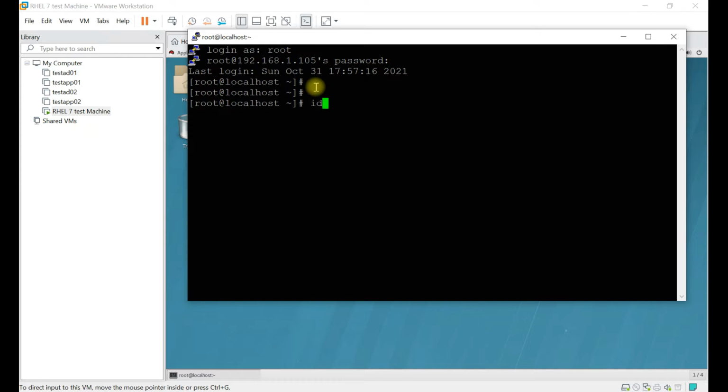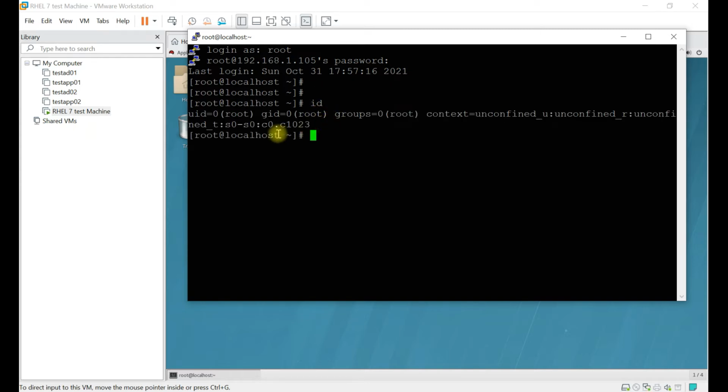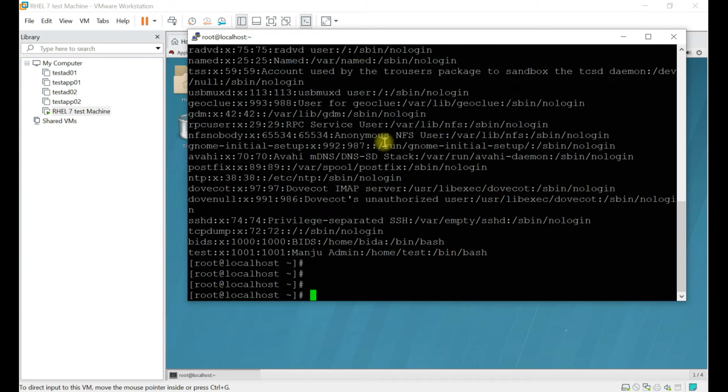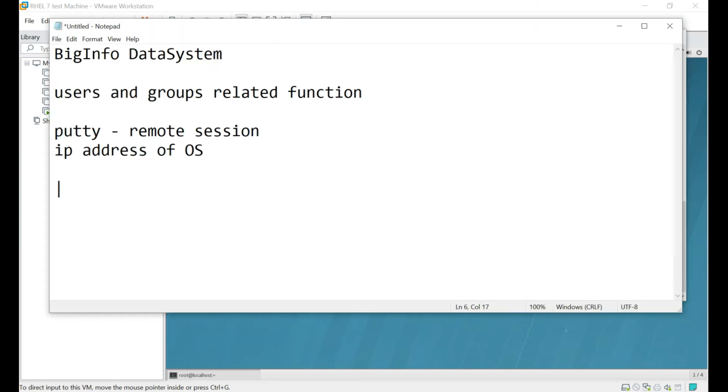Okay, so you need to run the id command. ID will let you know using which user account you are logging into the system. So here is one specific file that's called etc passwd, which contains all the users and password related information. So to make it easier, I will show you. I will write here: etc passwd having 7 fields.